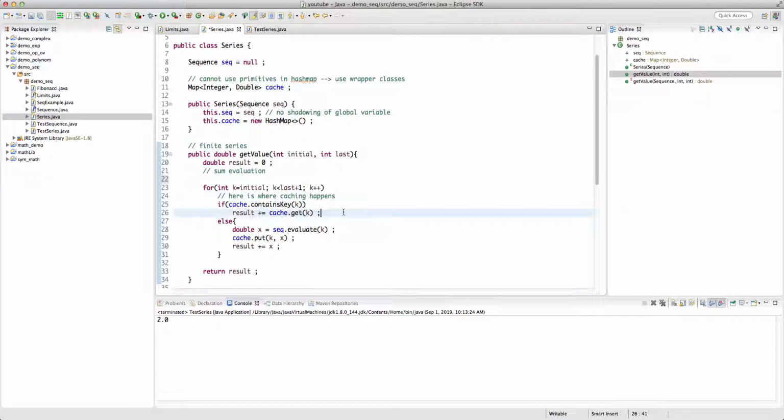So if the term ak has been evaluated before, then we just retrieve it. If this is the first time ak is evaluated, we put it in the map. All right,